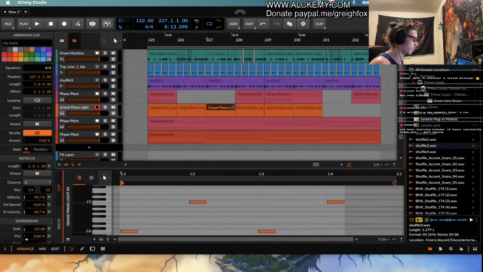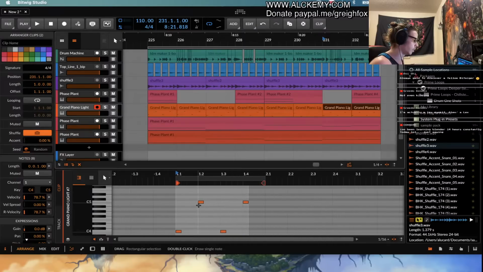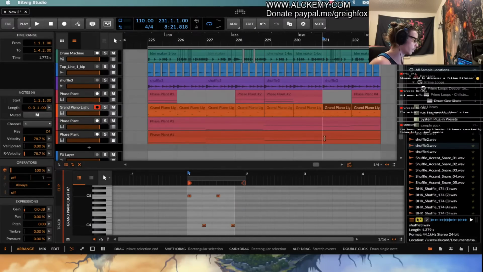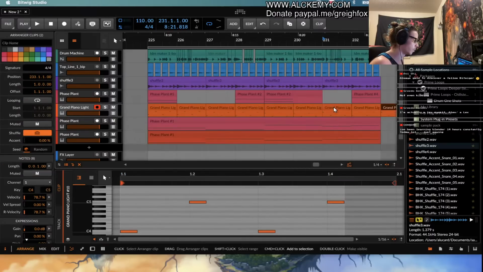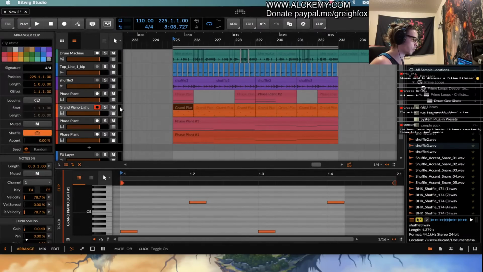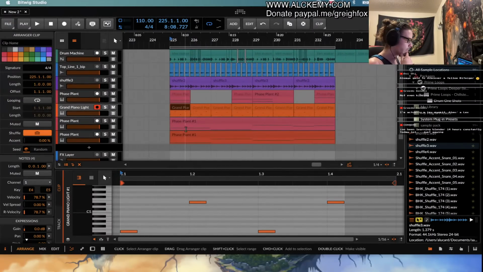And then we can grab these C ones over here like that, highlight, reverse, and reverse. Cool. So now we've got a little bit of interpretation over this and a little bit of elaboration, and that allows us to have quite a bit with not that many tracks. We've got a bass, we've got drums, we've got percussion, we've got